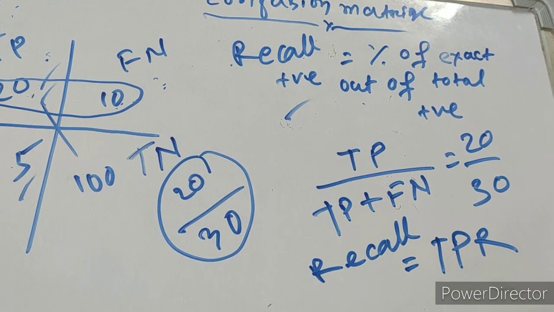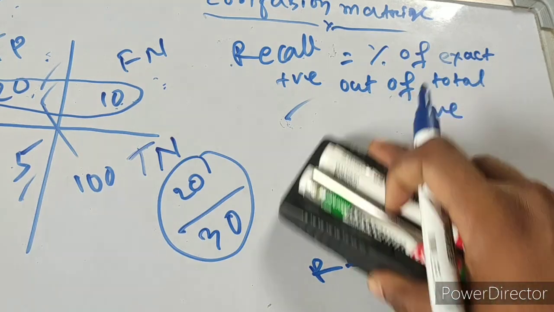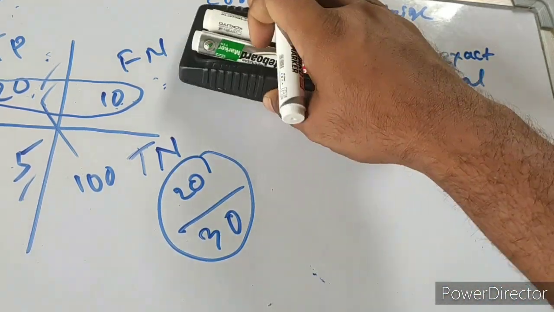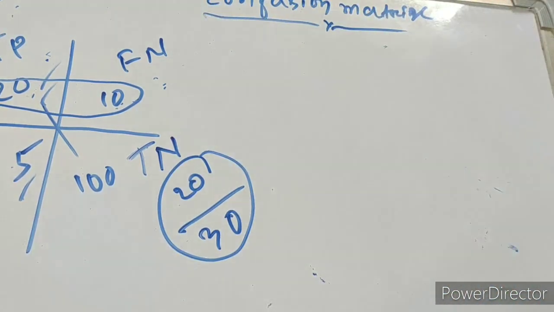So if someone is talking about true positive rate, they are talking about recall. Okay, so if we want to find the precision of the negative value, we can consider it likewise, in place of